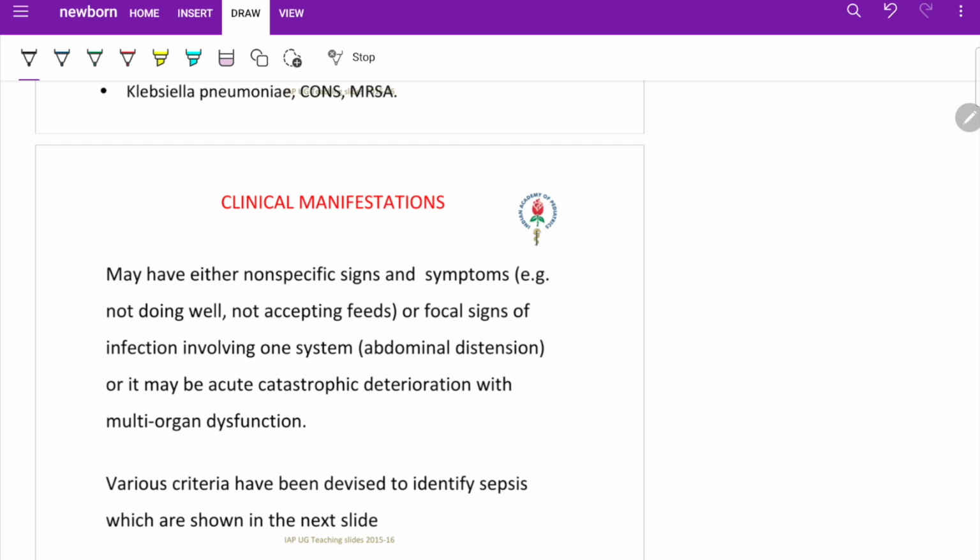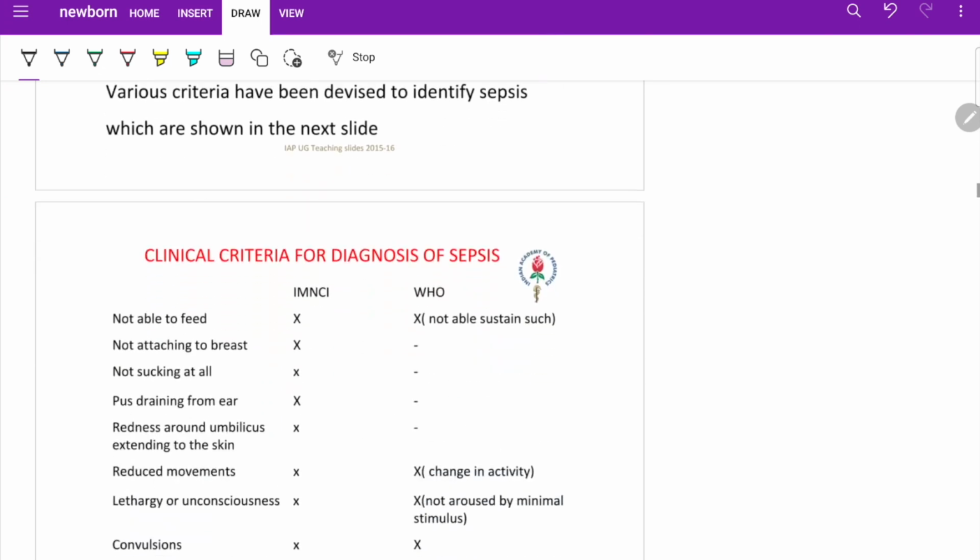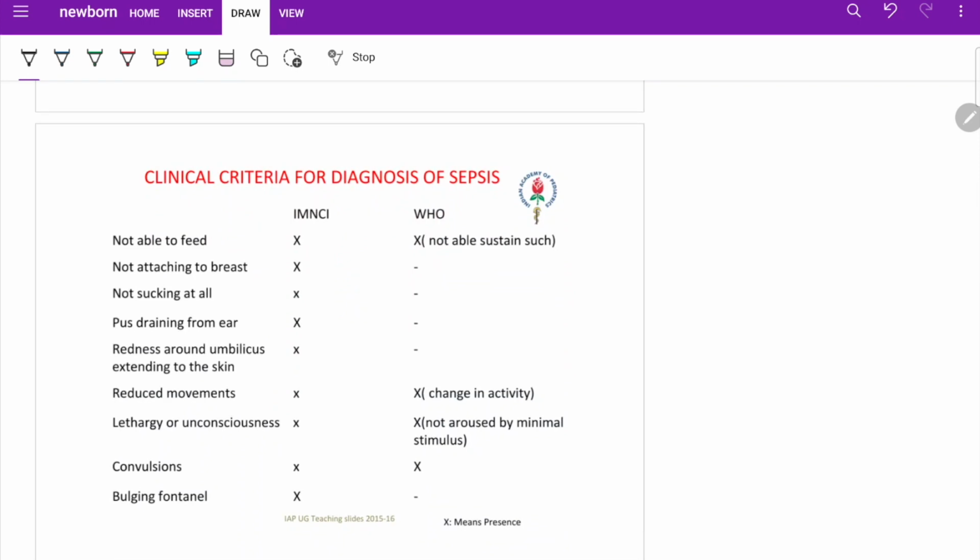Now coming to the clinical features. Number 1, poor feeding or alteration in the established feeding behavior, which is the earliest manifestation. Okay? Temperature disturbance is present, more often hypothermia than fever. In the respiratory system, dyspnea, hypoxia, tachypnea. In the CNS, shrill cry, irritability, and the worst thing is they can go into seizures. In the GI, abdominal distension and feed intolerance. Metabolic: hypoglycemia and acidosis. If it is severe sepsis, it can go into septic shock, multiple organ failure,